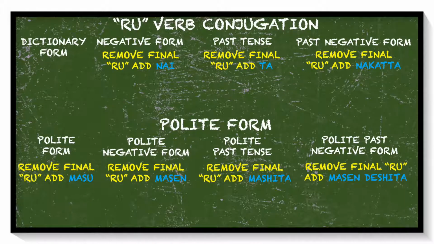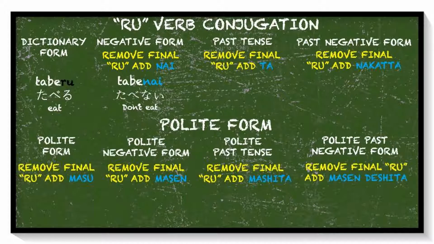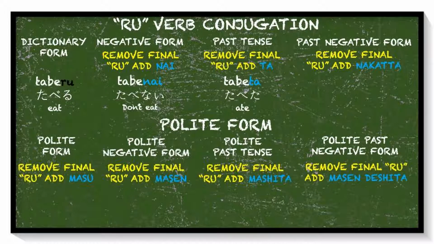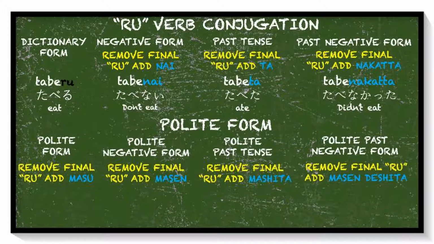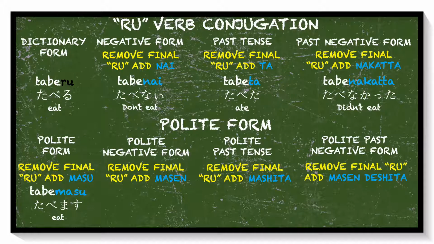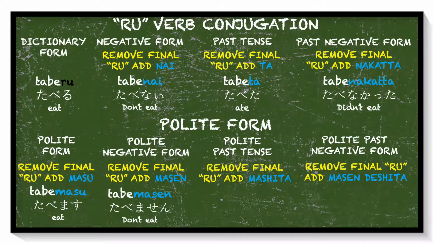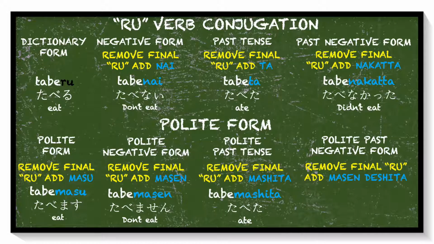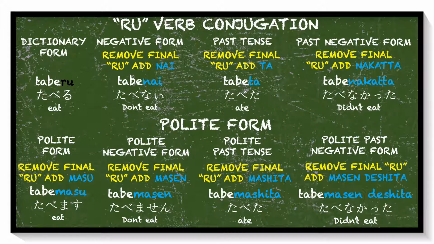Another example, 食べる, which means to eat, its negative form is 食べない。 Its past tense is 食べた。 Its past negative is 食べなかった。 For the polite present tense, it's 食べます。 For polite negative form, it's 食べません。 For polite past tense, it's 食べました。 And for polite past negative form, it's 食べませんでした。